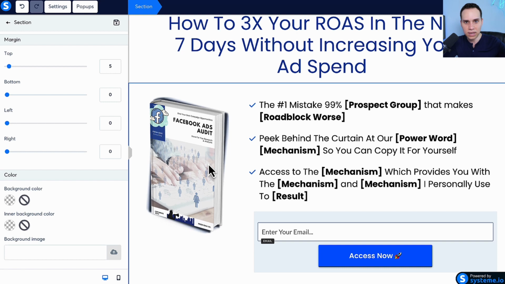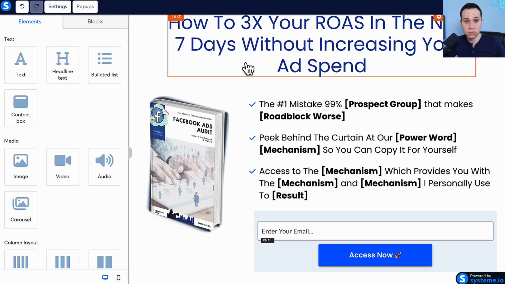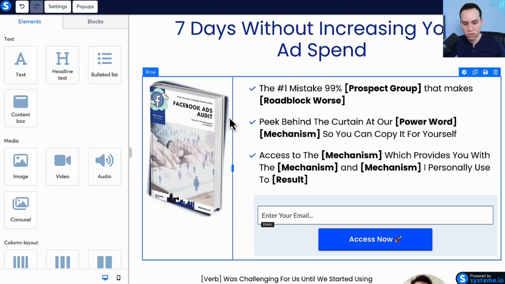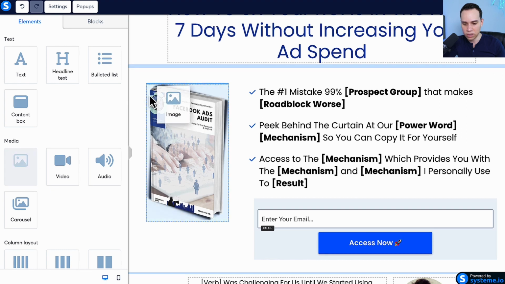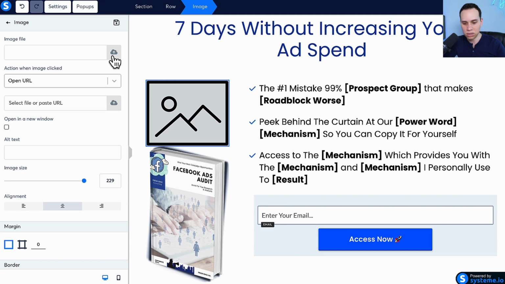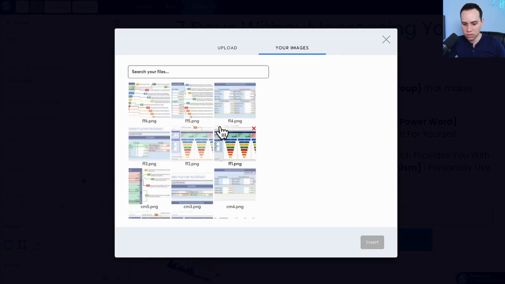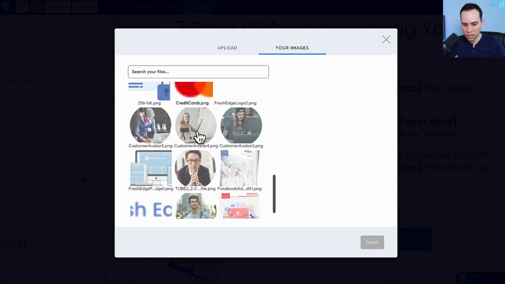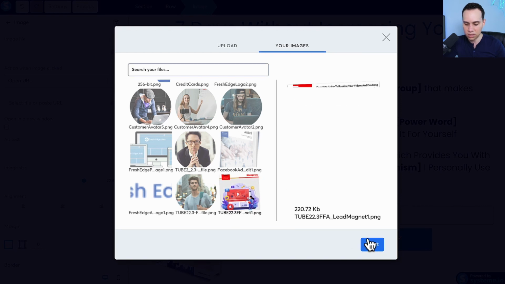And of course, you can click and drag things all around like you would with most modern page builders. So let's say we wanted a different image here. So I can click and I'll drag it right there. And then I'll select the image. I'll click upload file, your images here. Let's just go ahead and choose a random one. Let's say this is going to be our